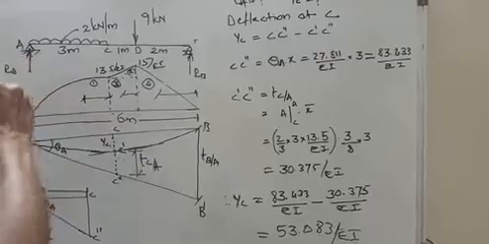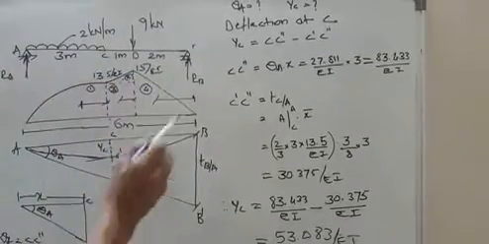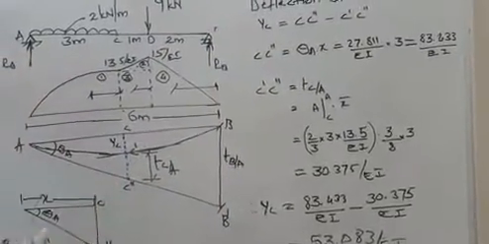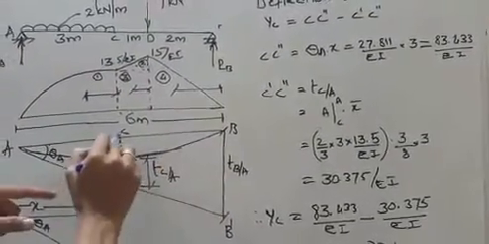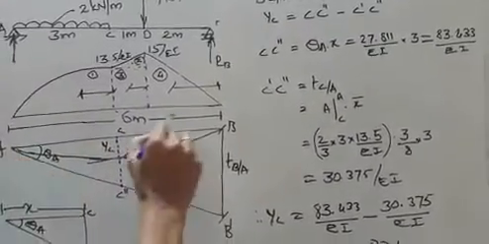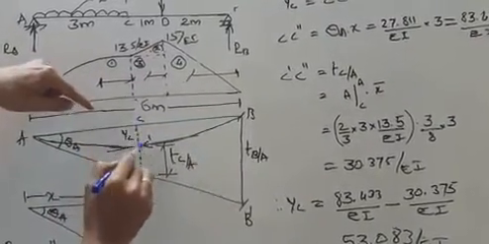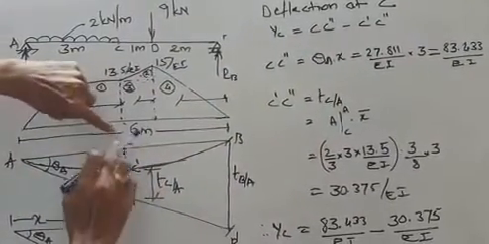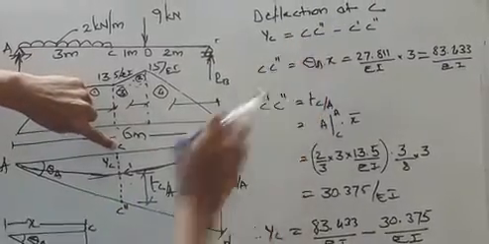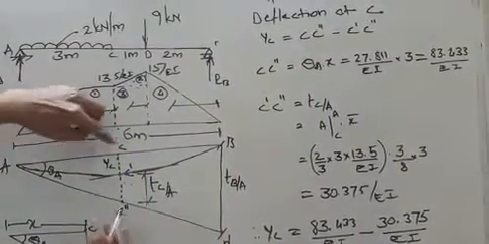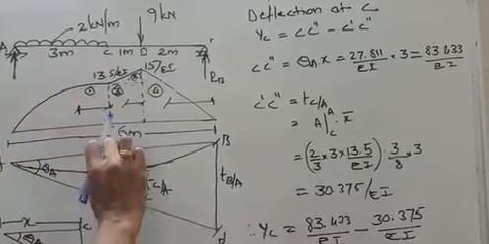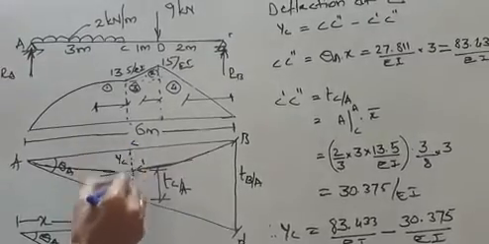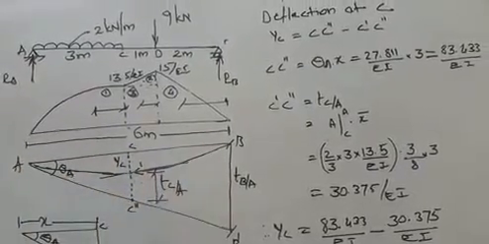So after calculating the slope at A, now it is required to calculate the deflection at C. You know that deflection at C is YC. Here this is the deflection at C. But now you cannot directly calculate the deflection at C here. So from this geometry of the triangle, YC is equal to C double dash minus C dash E. So this minus this gives you the required deflection. So now first let us calculate this C dash. This is from the geometry of the figure you need to find.